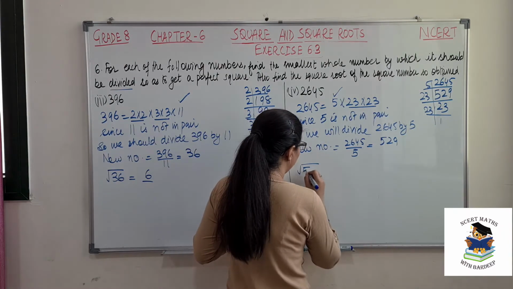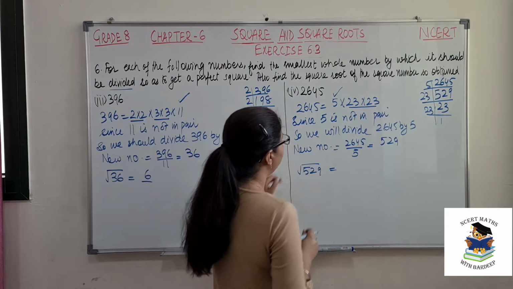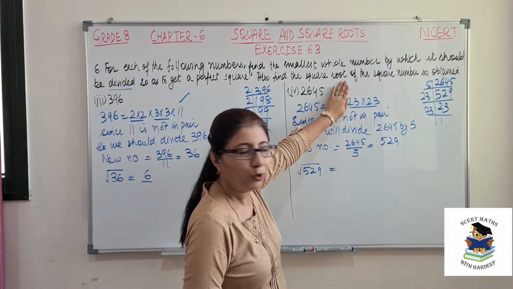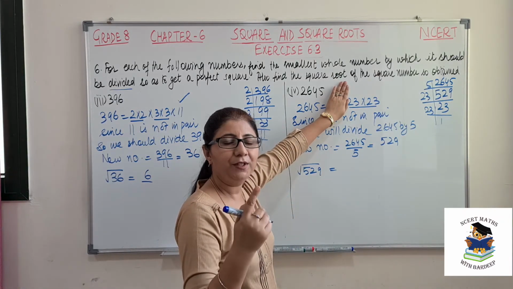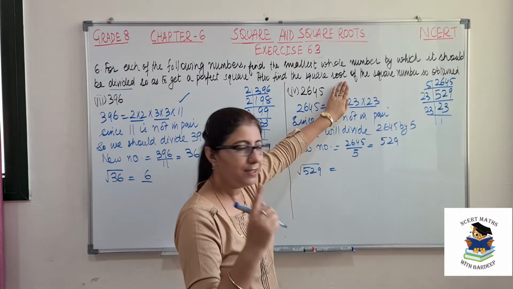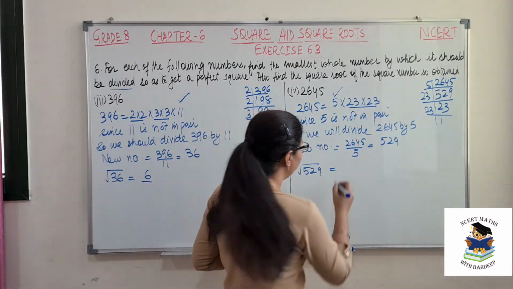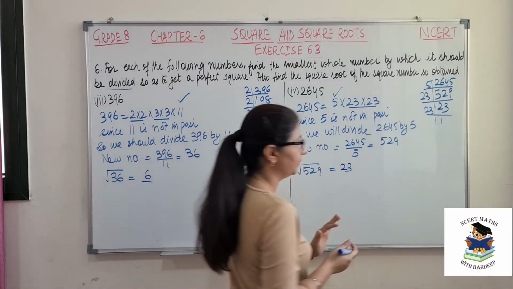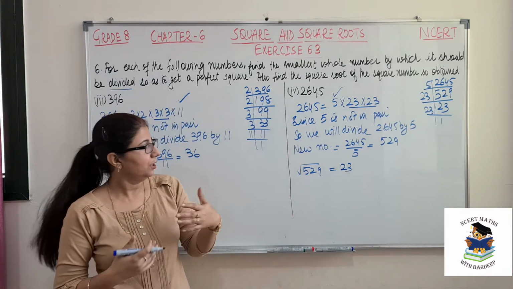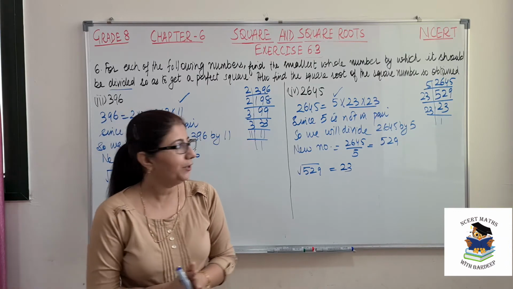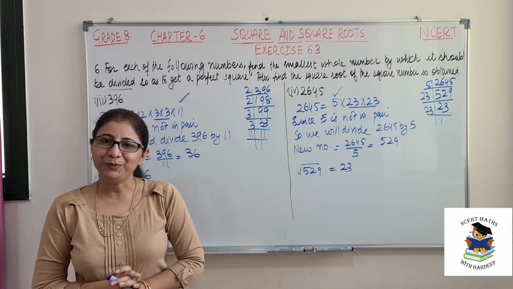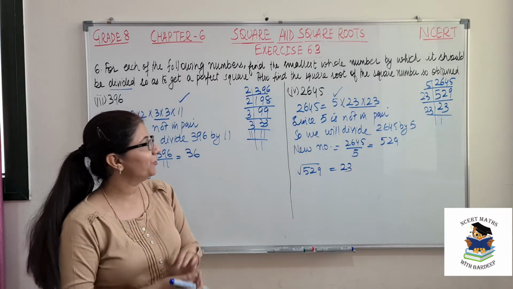And what is the square root of 529? Imagine now this 5 is eliminated. Okay, so 23 into 23. So what will be the square root? We will write the paired factor only once, that is 23. Okay, so this is very easy. Otherwise, you again need to first divide them, then again factorize it and find your square root. But if you do it this way, this is going to be very easy for you. So this is our fourth part.